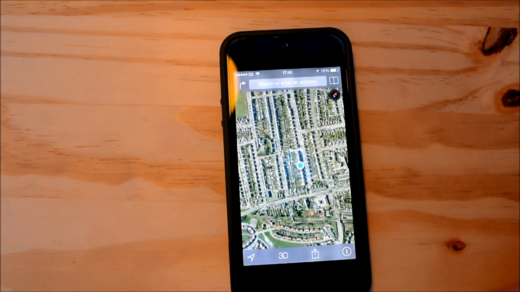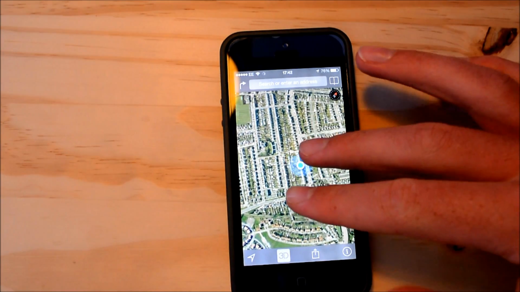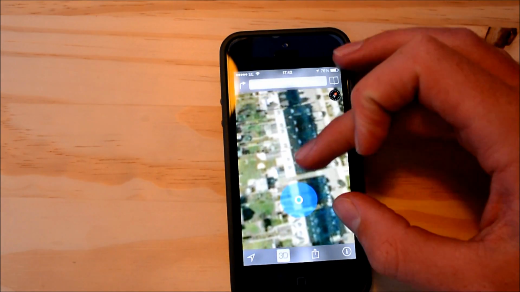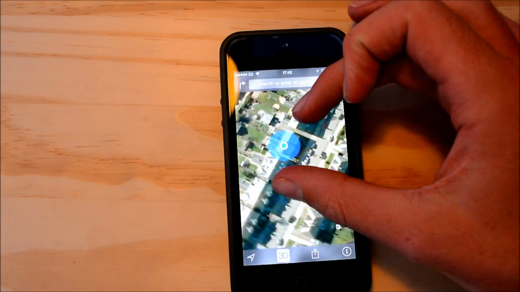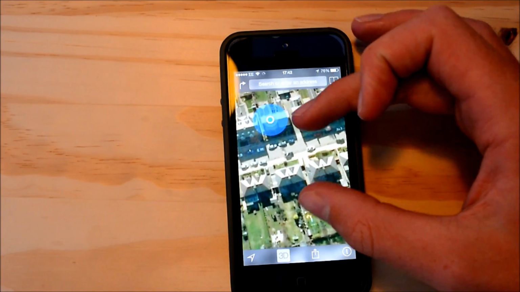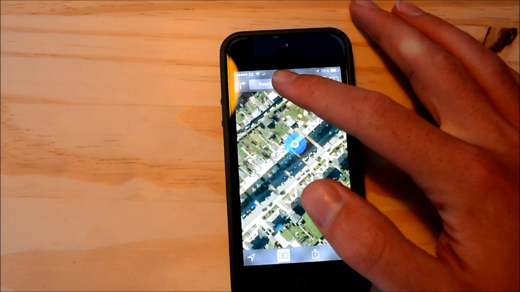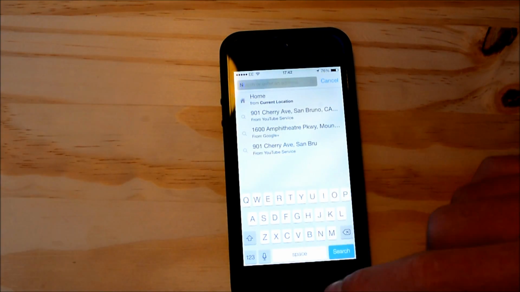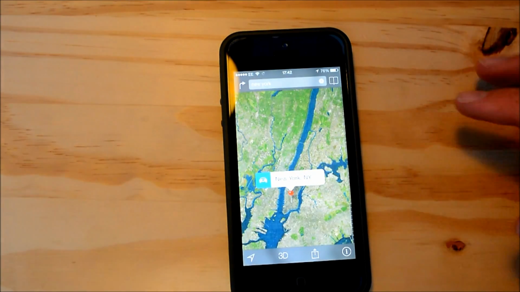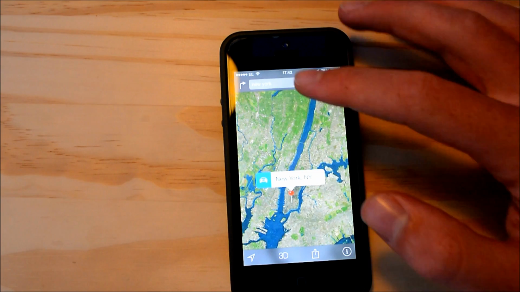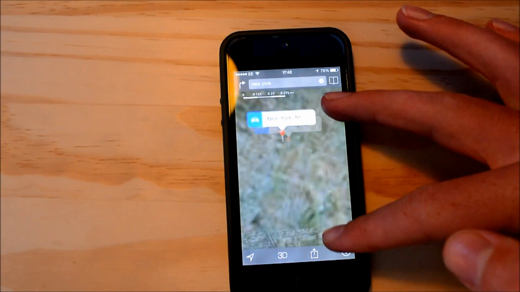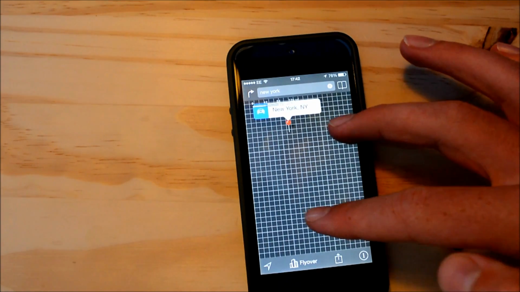Now Apple Maps also has a 3D feature which does not work well in most places. For example, where I am here, you can see it just kind of looks like a tilted image. Things don't really look 3D there. But if you go to places like New York, for example, I will just quickly go over there. Generally, the maps look slightly better,